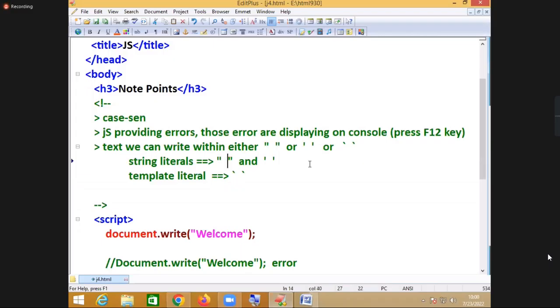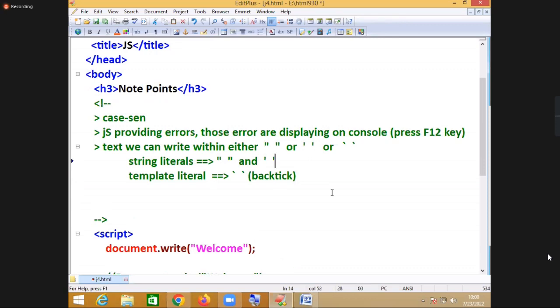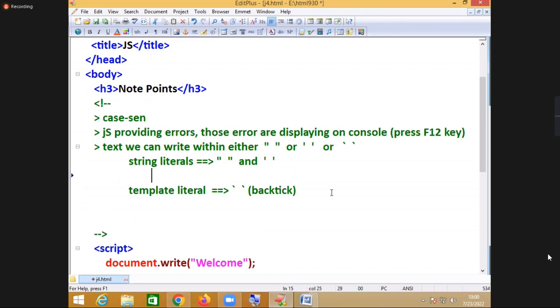But why is this one available when these two already exist, sir? One small difference is available between these two and this one. The name of this I said already: backtick operator. Programmatic name is template literal. General pronunciation is backtick. What is the difference between these two, sir? The difference between these two is